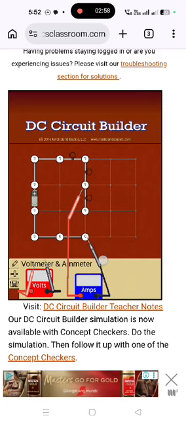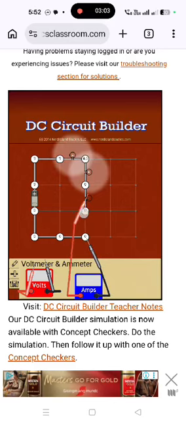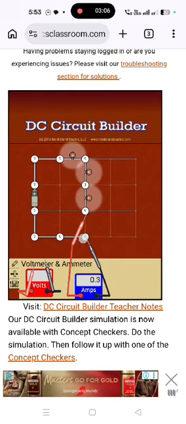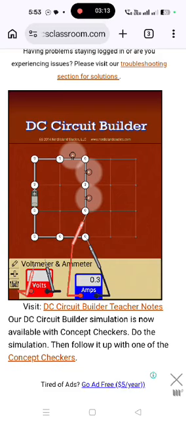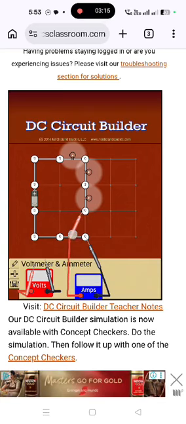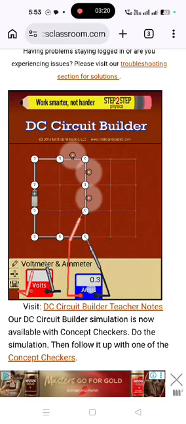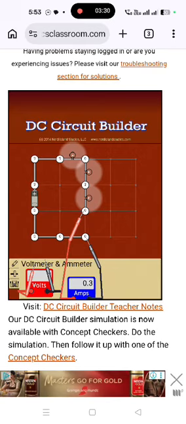So there is no reading on the current because to find the current you have to connect the ammeter to the positive terminal, connect the connecting wire to the positive terminal and to the negative terminal. So let us use the other one, the other end. If there is a 0.3 value.